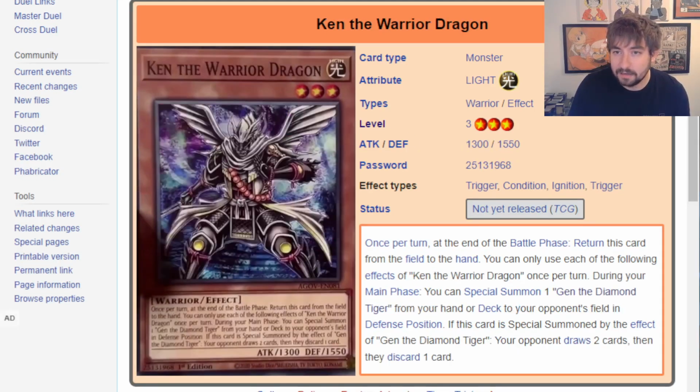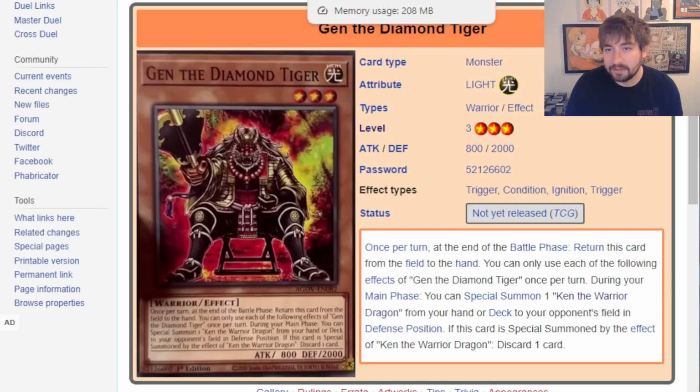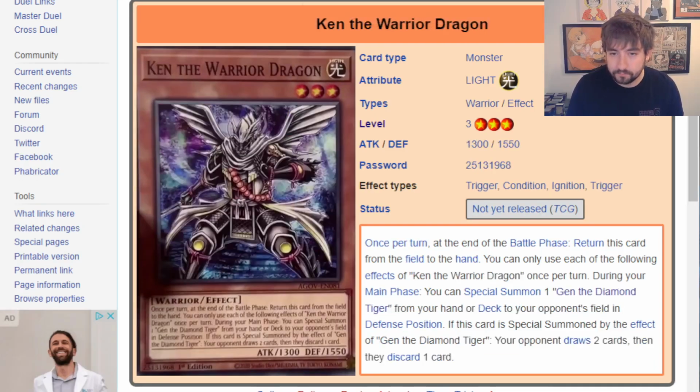Gen and Ken, they summon each other. I talked more about these when they got revealed a couple days ago. If you summon Gen, he summons Ken to the opponent's field. If you summon Ken, he summons Gen. They have an effect that triggers on the opponent's field as their effect. So it turns on stuff like Thrust and Talents,